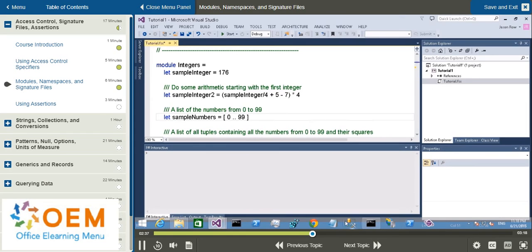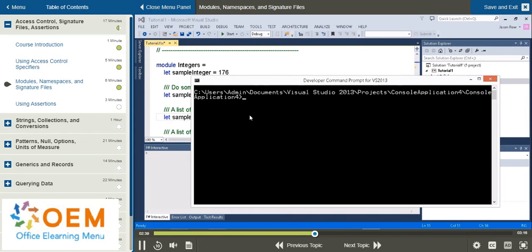So I'm just going to open up. Here's my developer command prompt. So now I can type in fsc, which is our F# compiler. We'll use the --sig option. And what I want to do is I want to indicate that I want to create module1.fsi, and we want to build it by using